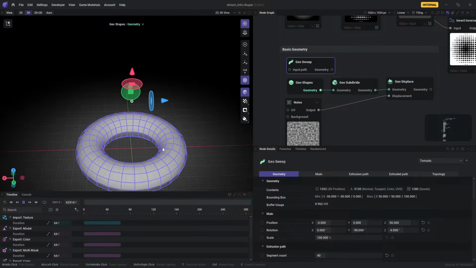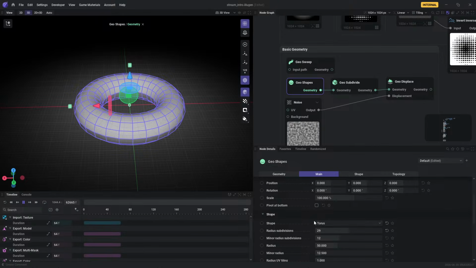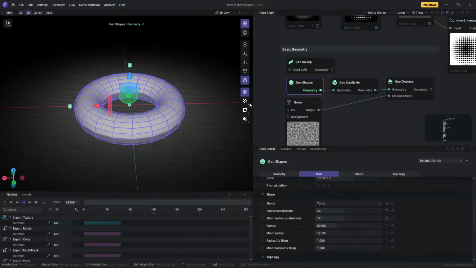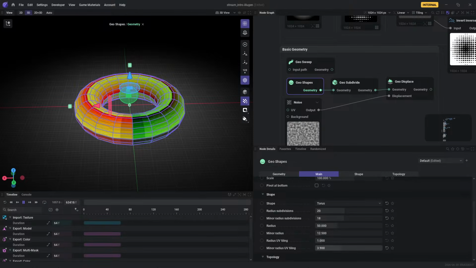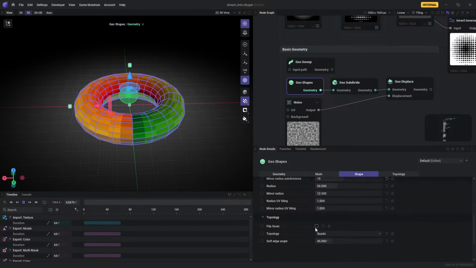So for instance, a very simple geometry manipulation is I have a geometry shape, and this node allows you to create different little primitives of different sizes and different UV tiling rates. And so you can see they are all UV'd by default. You can choose where your UVs work, how much it tiles, and so on and so forth. There's a trillion little options. You can flip the faces if you want. You can say, hey, I want triangles, I want alternate triangles, whatever your specific use case is, you can do it with